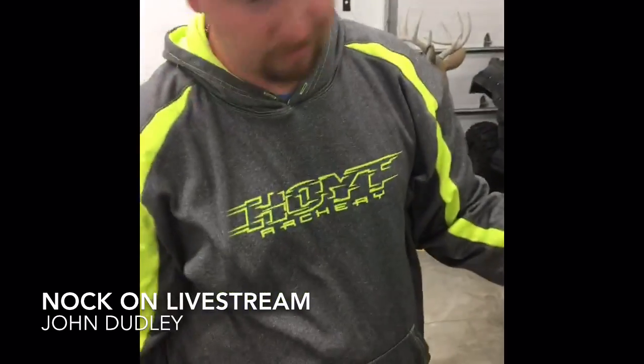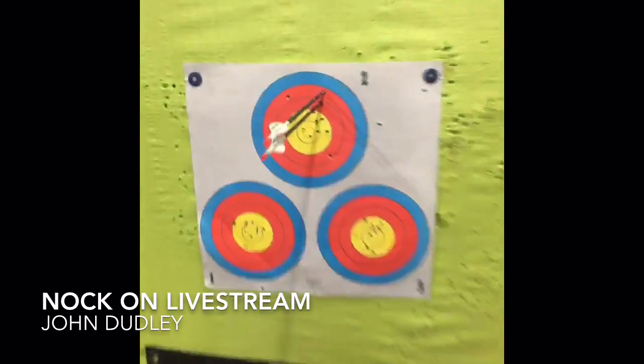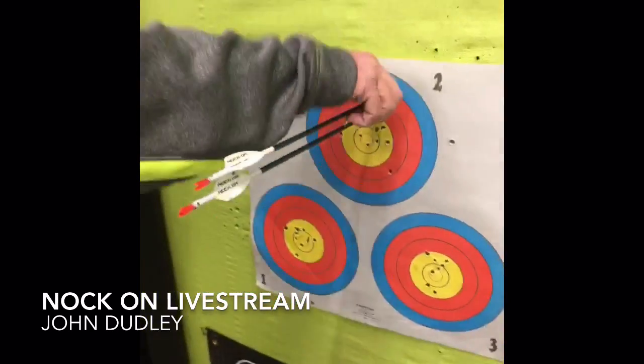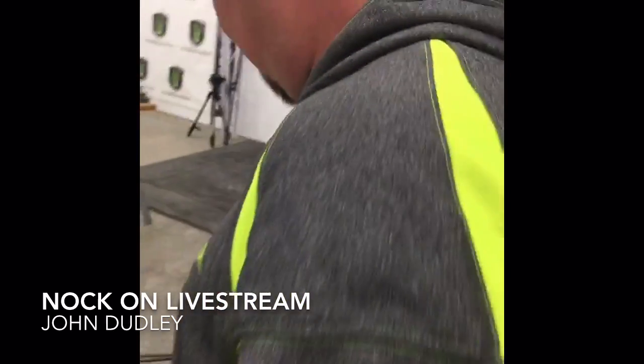So what makes this really, whoa, look at the group, Justin. See, people? Four yards. One shot later, and you're closer to the gold too. See what happens, people? You can't beat that. One arrow later, and you're practically in the yellow. Okay, so in all seriousness,